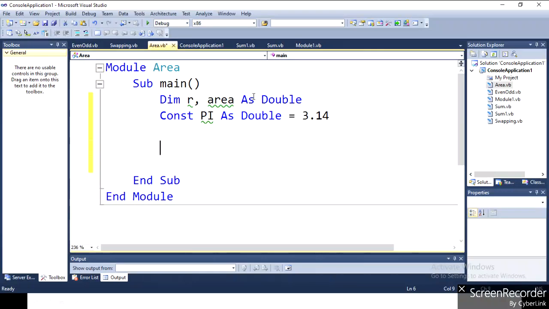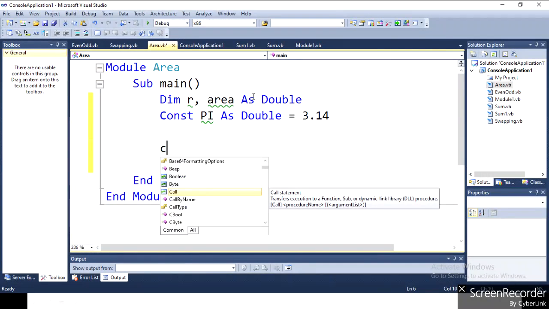Now after declaration of variables, I have to read the value of r, radius. For that, at runtime, I read the value of radius.